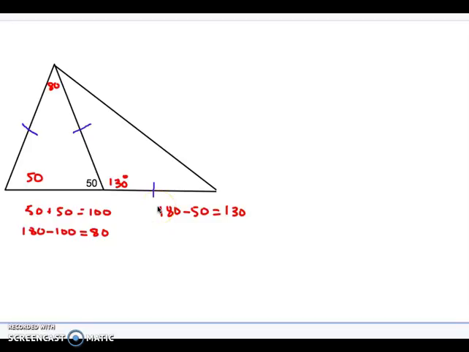Then if I look at this triangle, that's also an isosceles triangle. This one and this one are my legs, and this 130 degrees would be my vertex angle. So if I take the 180 minus 130, which is my vertex angle, that equals